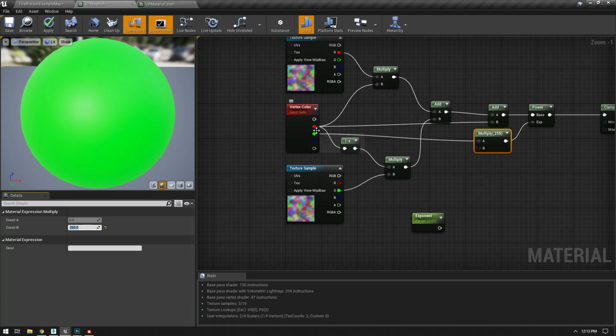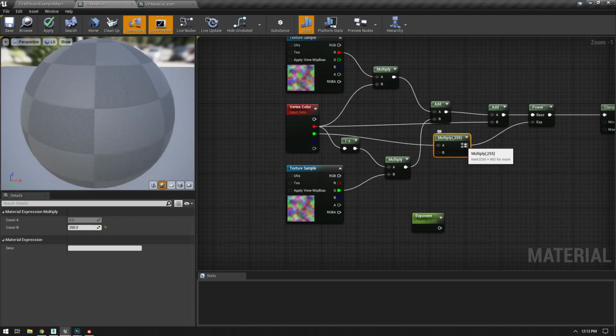Now the problem with this is that we don't actually want the 0. So after this gets multiplied, I'm just going to add 0.1 back in here. So now the smallest value we can get is 0.1, and the largest value is going to be 255.1. That should eliminate our 0 problem. This, of course, is all coming from the green channel. So if I go and save this,